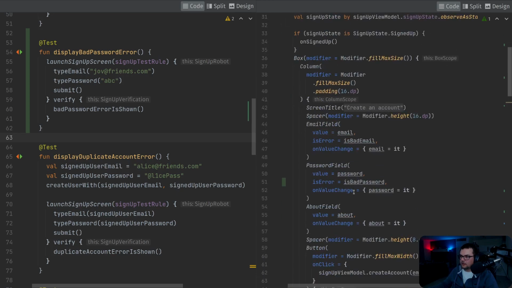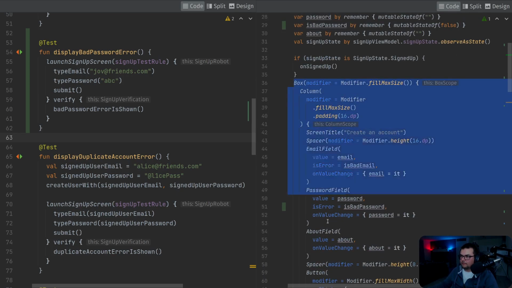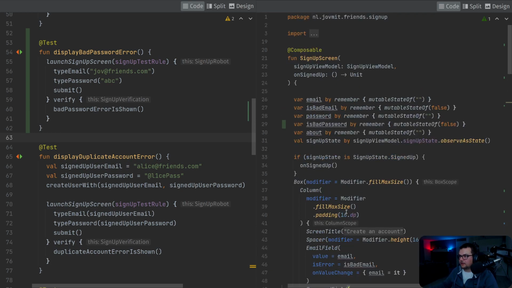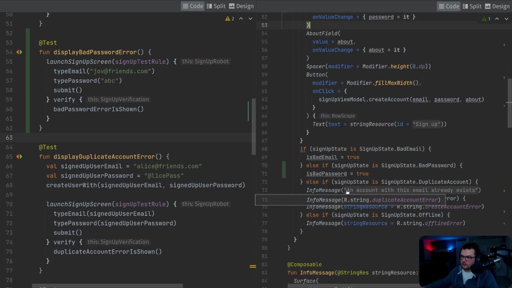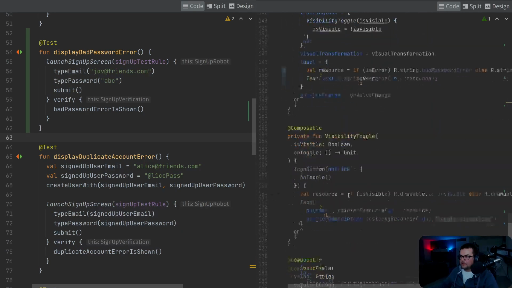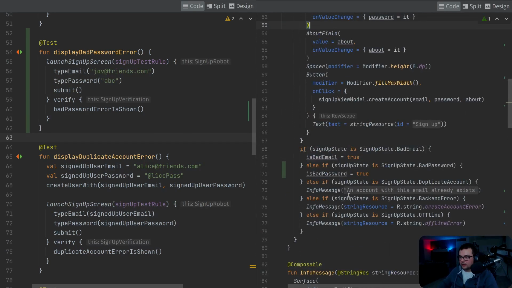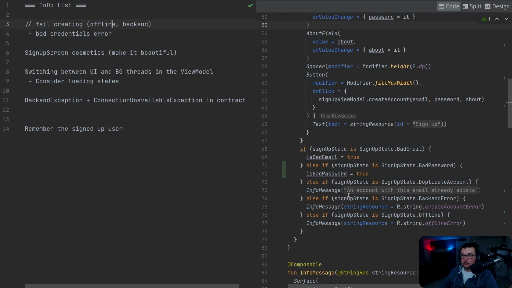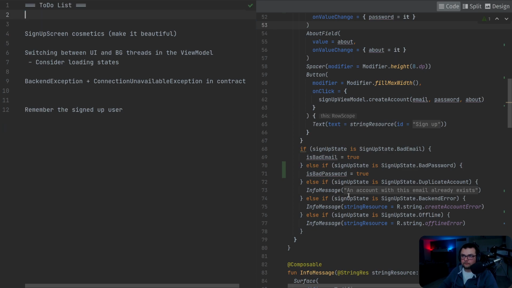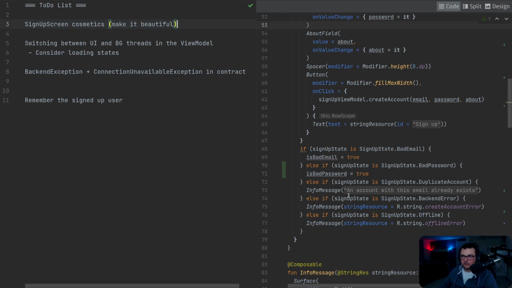And make another composable out of this one, like a sign up form, so we can have state and the actual composables. But that's something I would like to work on in the next episode, because I think we're running too long for this one. But at least we have now completed the bad credentials error and the failed creating, and we can continue, as I said, in the next episode, sign up screen cosmetics,